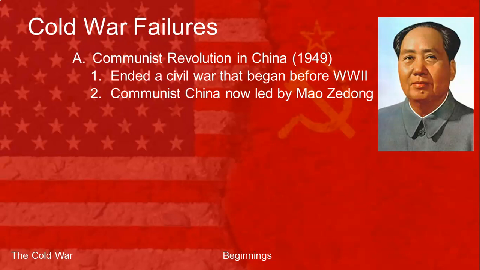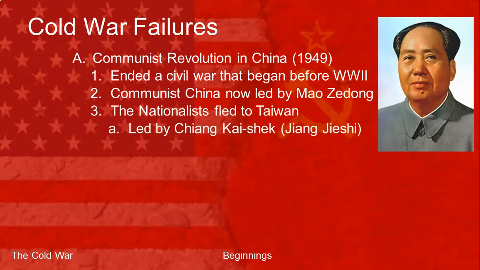And they had been fighting against a group of people called the Nationalists, who were led by a man named Chiang Kai-shek, or depending on what textbook you read, Zhang Jixi. Maybe you remember him from world history. The Nationalists, during this civil war, had been in charge of China. They were the ones that had originally overthrown the Chinese emperor many, many decades before. And because they were not communist, the United States backed them.